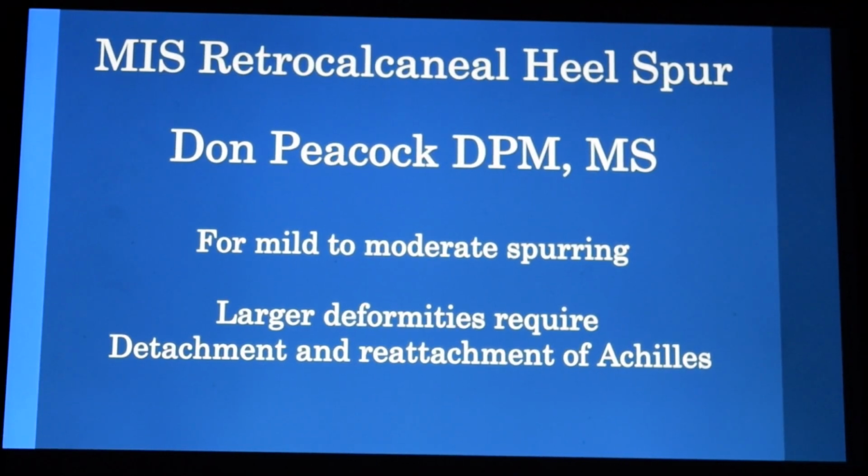Okay, we're talking about retrocalcaneal heel spur and how to do this minimally invasive. This is usually reserved for mild to moderate spurring in the back of the heel. For larger deformities, you're still going to have to do your detachment and reattachment of the Achilles tendon for the majority of the patients. So basically, you can get a pretty big spur out, but the ones that are in